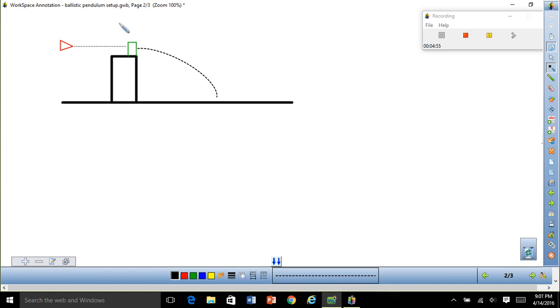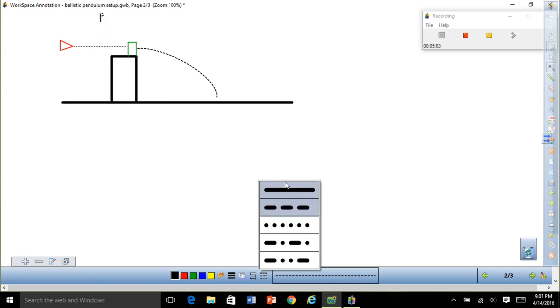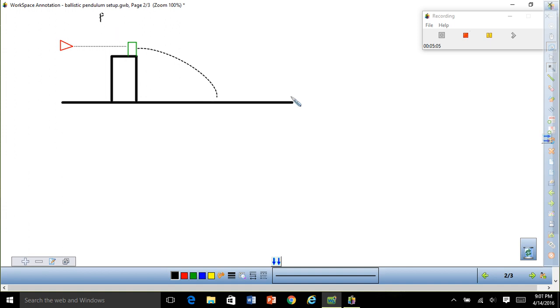they stick together. Hopefully you're going to recognize that where the dart strikes the block and sticks together,